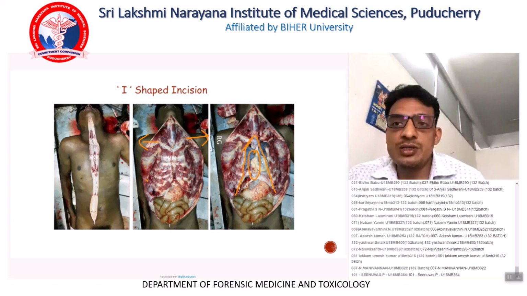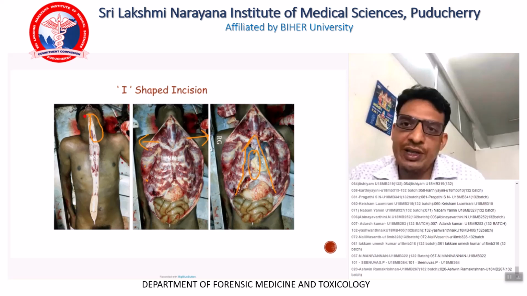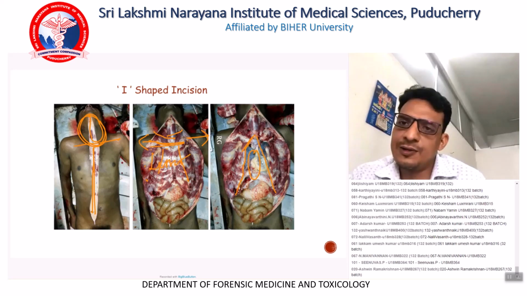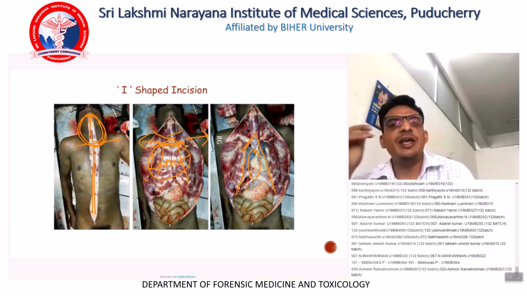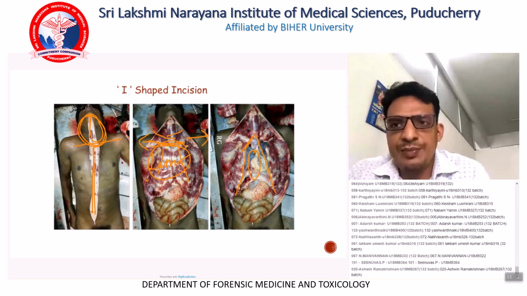I-shaped incision has a disadvantage in that the neck is also opened in the beginning. Although we can reserve it till this point and extend it downwards, still it will not have that much exposure. If these tissues are tied over here, then the exposure down will be lesser. So I-shaped incision, I have always been a fan of modified Y incision. I, in my practice, have always gone with this kind of dissection. Okay. Next.